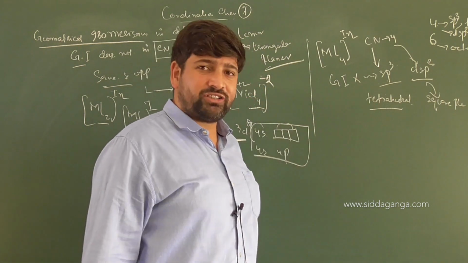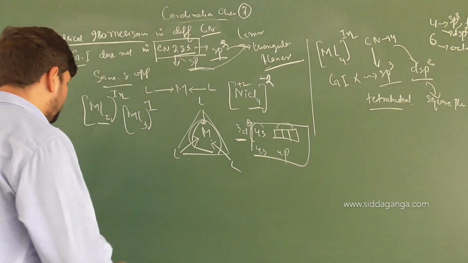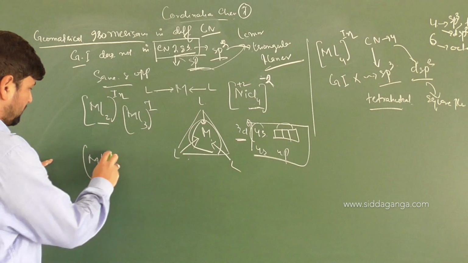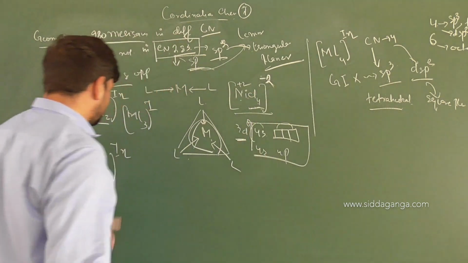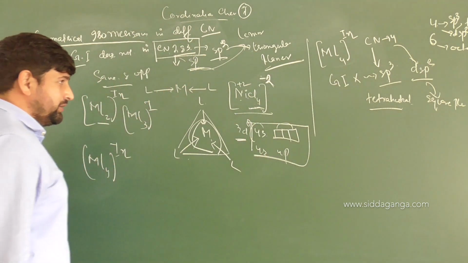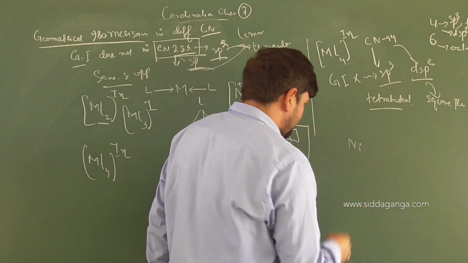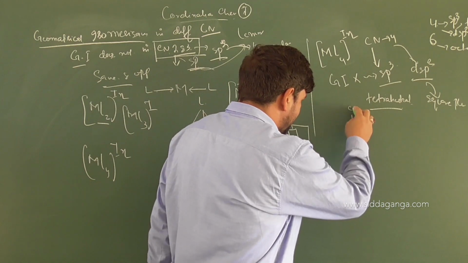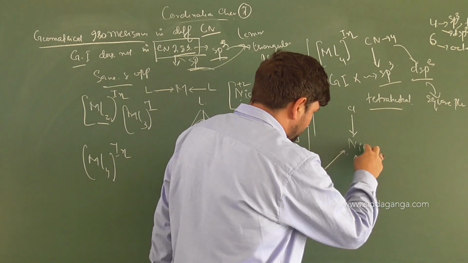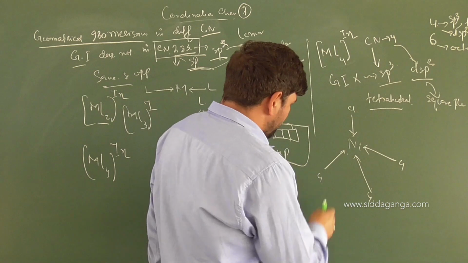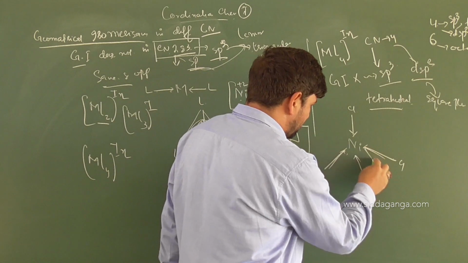Now let us look at the tetrahedral shape. I'm talking about the basic things. So if I have a metal system which is made up of 4 bonds, so ML4 plus minus n, same ligand, L4 plus minus n, depending upon the counter ion, cation or anion. If you draw a tetrahedral shape of this nickel, it will be like this. We have nickel surrounded by what? I am giving an example. The ligand is chlorine, then we have one more chlorine, one more chlorine, and one more chlorine. So if you look at this tetrahedral shape, you can also show it by bond line notations.